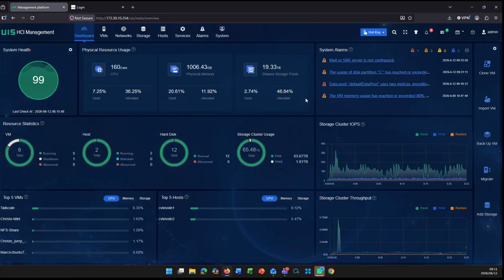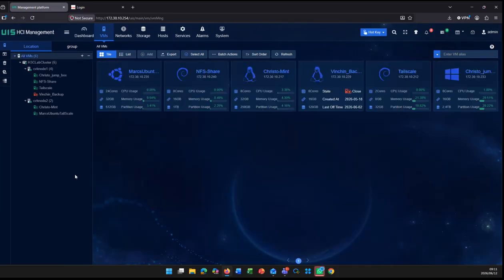The performance we're getting through this box is quite impressive because of the fact that the caching layer is so well managed by the actual software. So we look at the VMs portion. Now we've got a few virtual machines running on this cluster at the moment,